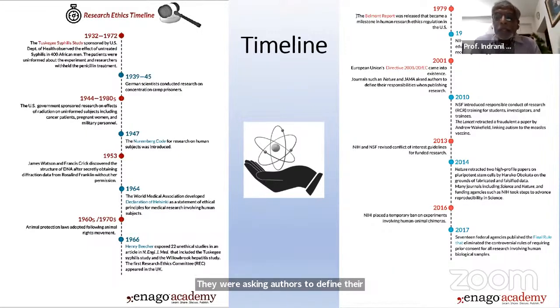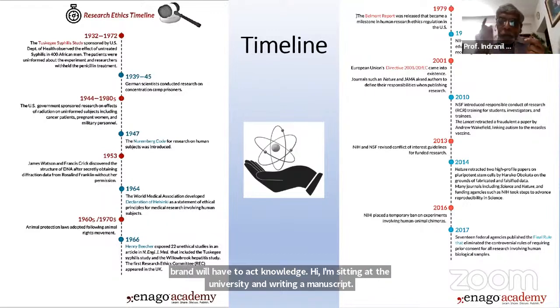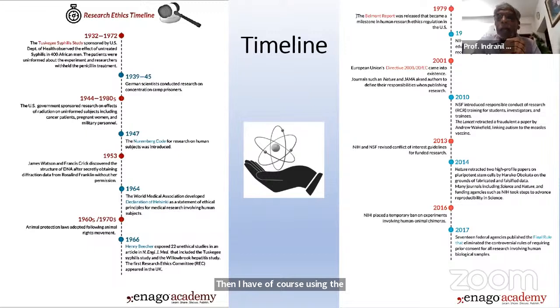when publishing research. That means, and today it is very common, 20 years down the line, that was 2001, now 2023, whenever you wish to submit a manuscript, you will see conflict of interest, you will see declaration of competing interests, you will have to give your sources of fund or grant, you will have to acknowledge, if I am sitting at the university and writing a manuscript, then I am of course using the overhead provided by the university, the electricity bill, the computers, even the water. The space,